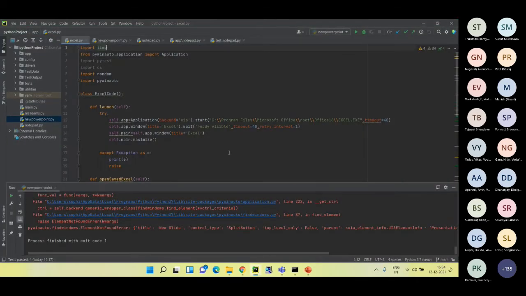So here what I've done is I've used the PyTest framework. We don't have enough time to go too much in depth, but I'll give an overview of it. It's one of the frameworks supported in Python. Here, as usual, we define the class. Sorry, before that, have all the imports done, of PyTest and PyWinAuto, the Application, as usual.